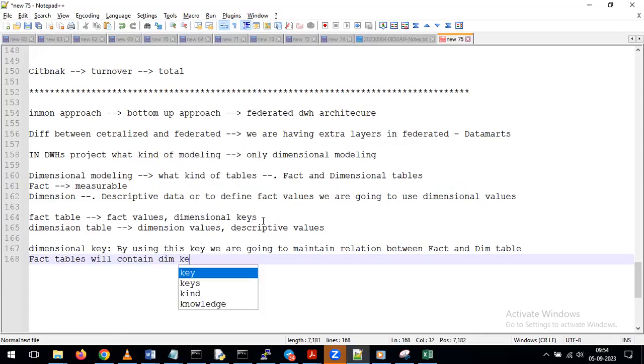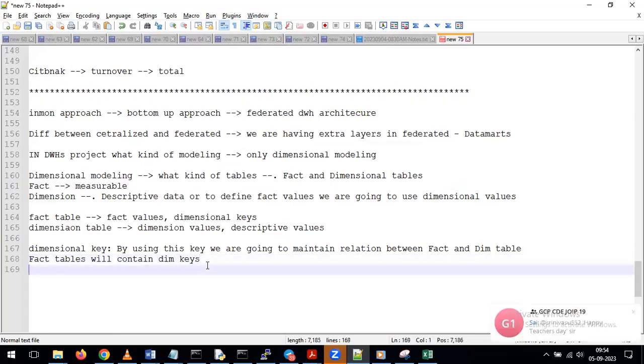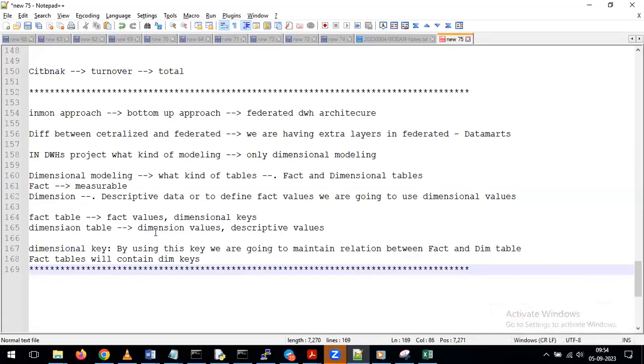Okay, all these are basic statements you have to understand based on the previous topic. Whatever we discussed before, use that to understand all this information, because again, I'm repeating the same thing. Why are we discussing all these things? In the requirement documents, we are going to see these kinds of statements. What statements? This table is a fact table. This table is a dimension table. We are following dimensional modeling in this project. Whenever